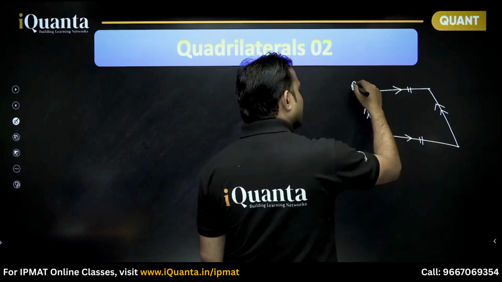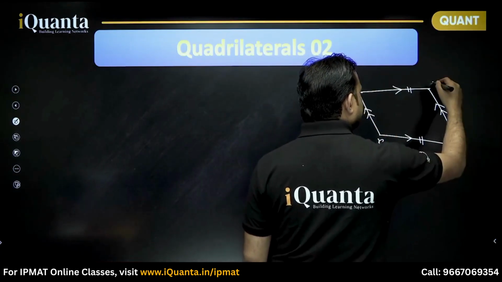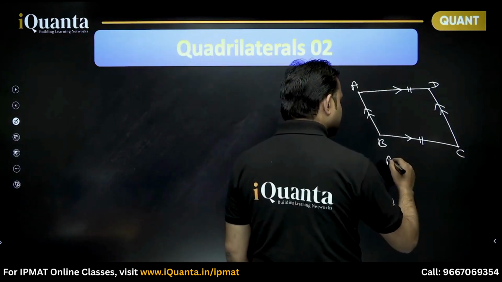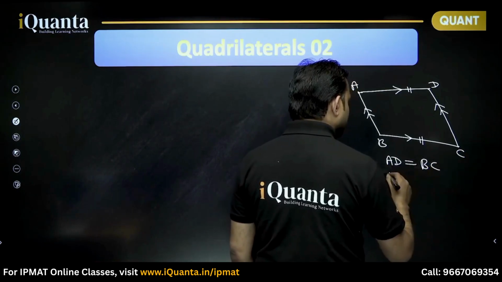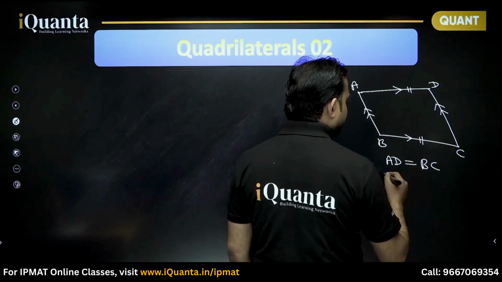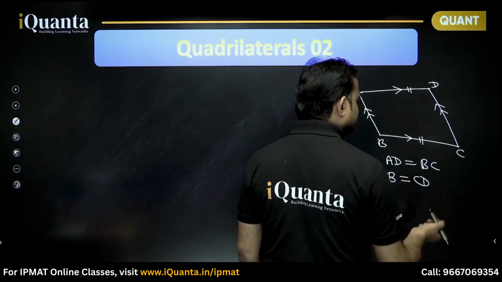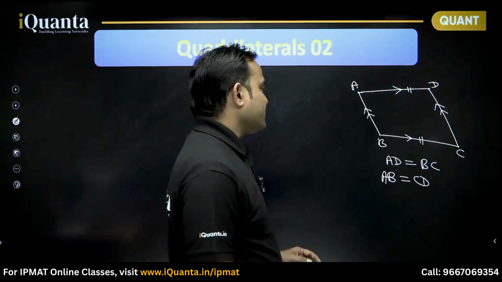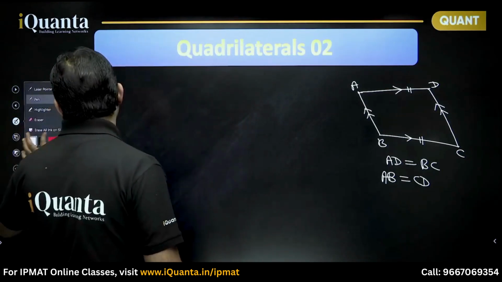So, parallelogram ABCD. In this case, AD will be equal to BC and parallel. Also, AB will be equal to CD and parallel. Okay. So, in that case, what other properties can we say regarding a parallelogram, if we need to find the